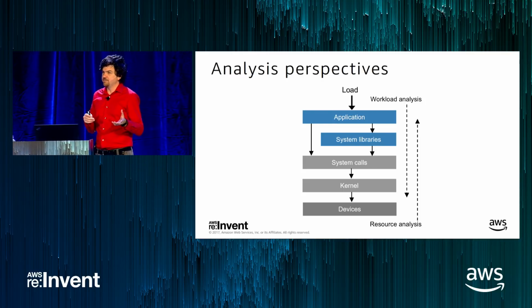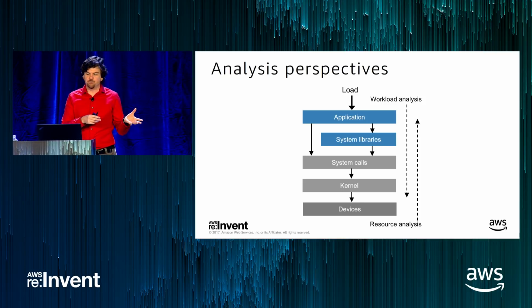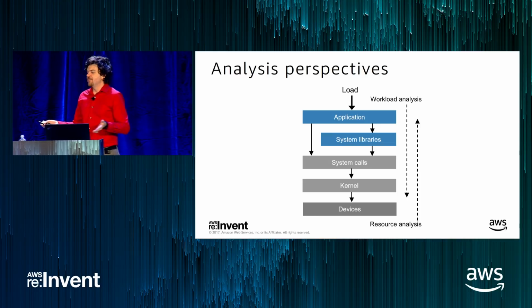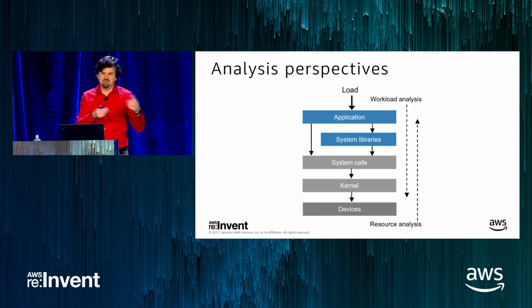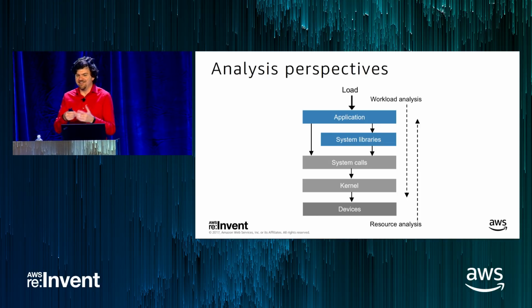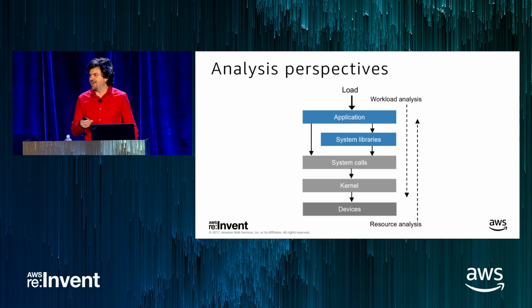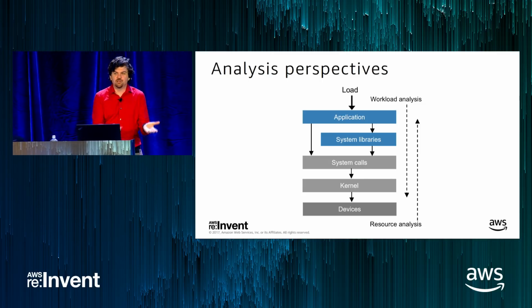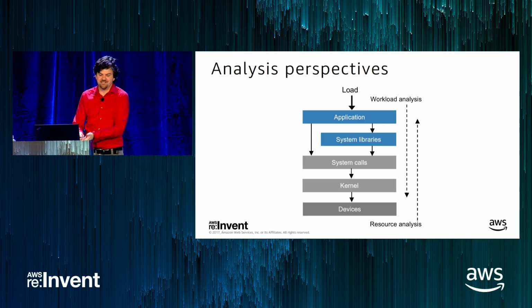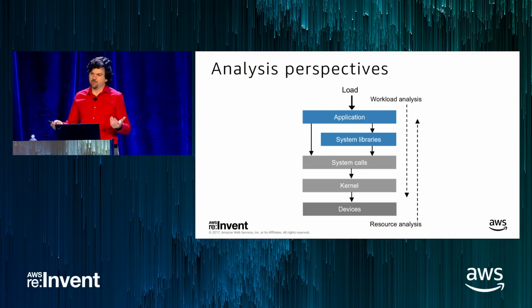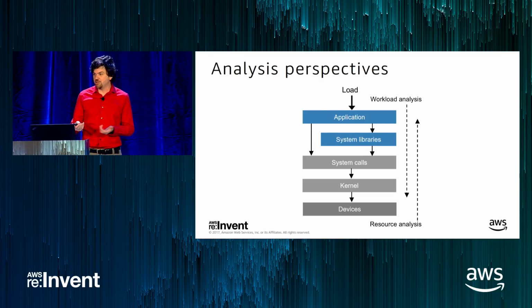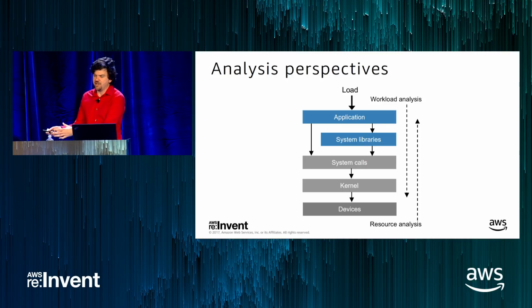In some ways, it's nice to do that analysis approach because these resource types are well known and well understood, whereas your application may be custom, and there's no one else you can talk to about how that application works, whereas you can talk to everyone about how CPUs work and disks work. So there are some benefits from that approach. A disadvantage is you don't have application context. So you may often see a disk I/O performance issue, but you don't know whether it's affecting the application or